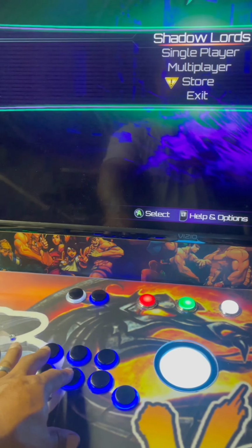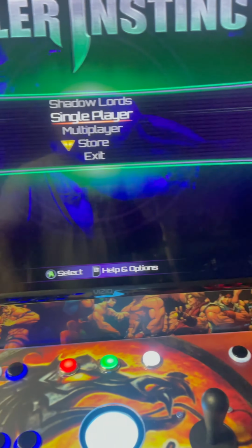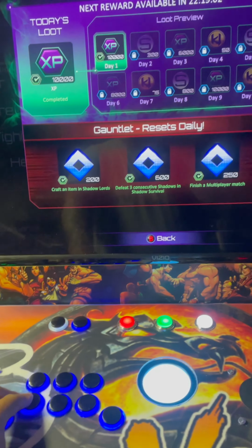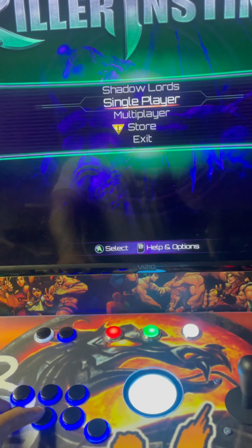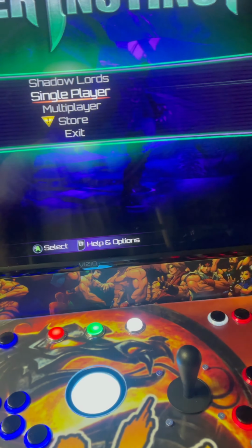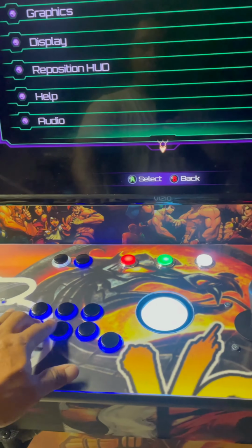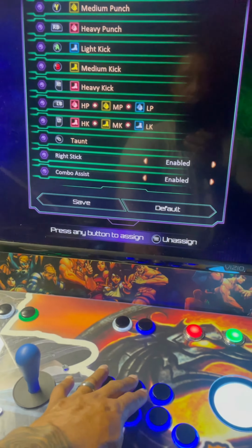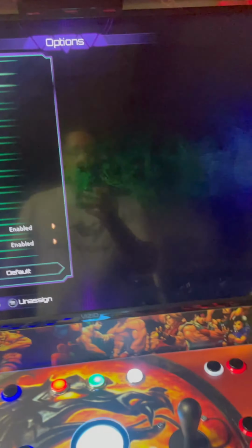So this is the back button. This is to get into a game. So we're gonna go into single player. Start. Come on. There we go. That one? No. I have to go through these again. I was playing this last night. I just can't remember which button I was pressing, so I have to go back into this and get back out of it. But anyways,